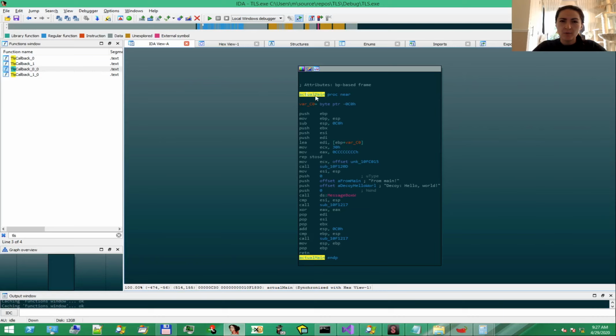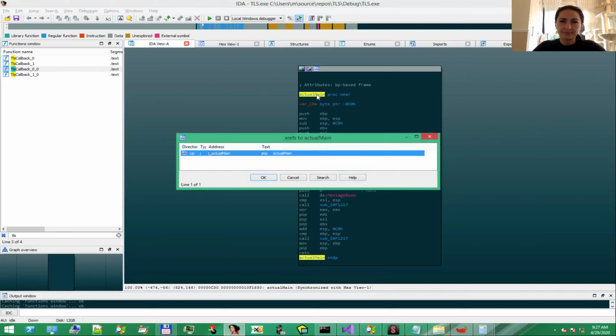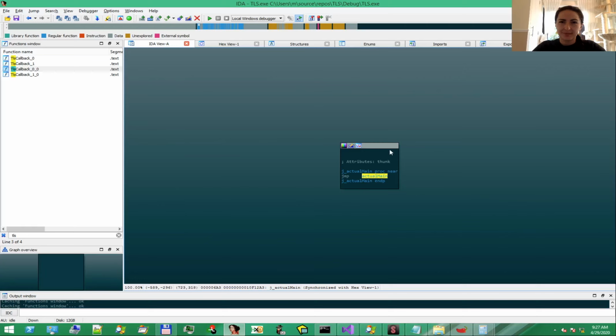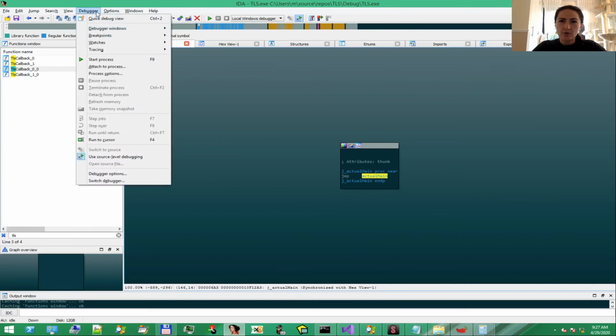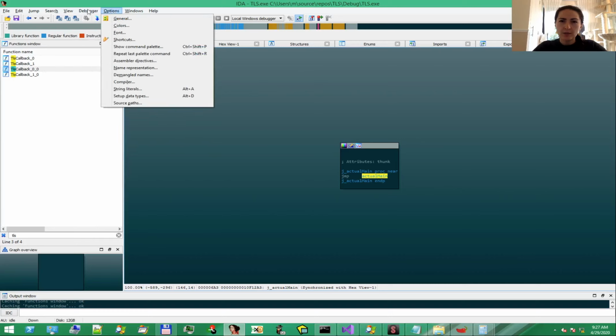Let's do some more cross-references. We actually have another way to visualize the function call tree, leading to the actual main.